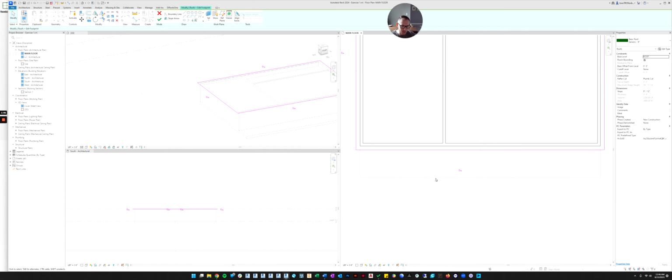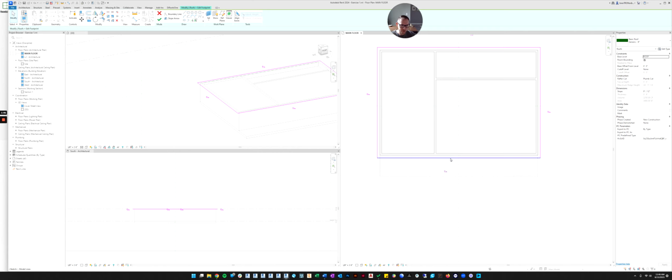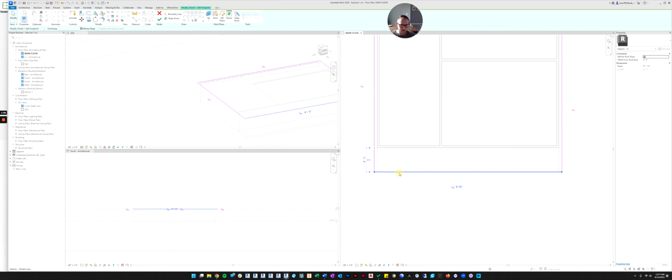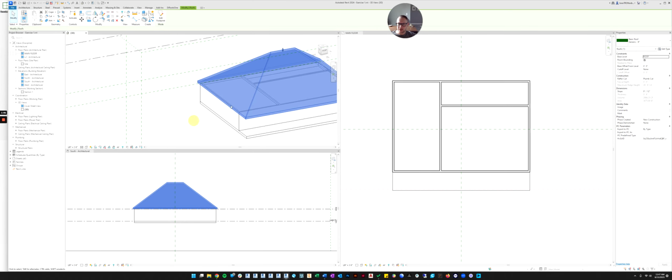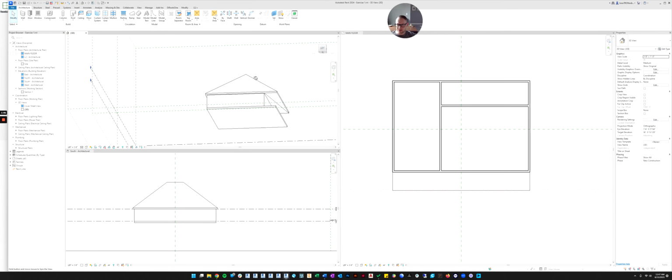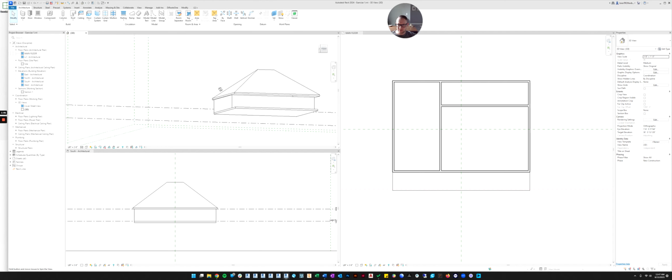But now maybe we want to have a covered porch. So let's extend this out to the edge of the porch. Oh, but we want it to have an overhang too. So let's use the move command. Select the line, pull it a certain direction with the mouse button, and then let's hit 1, enter, and then there's a 1 foot offset. Okay, now we got the roof where we want it.